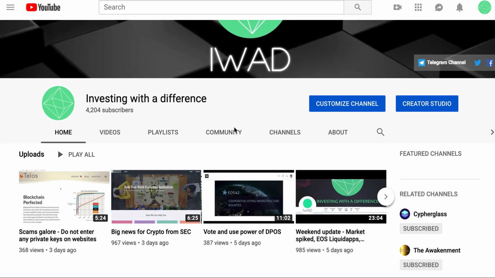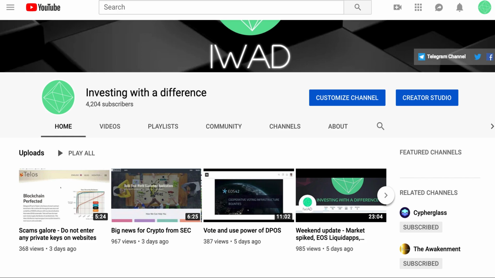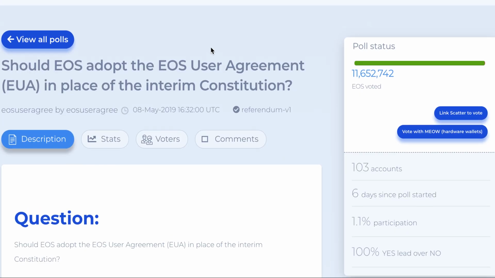So today we are going to look at one of the important referendums and key pieces of the governance in EOS. We are talking about the new EOS User Agreement document, designed by EOS New York, and they're proposing it to replace the interim constitution. As you know, the interim constitution was part of the EOS-IO first release, and it included a lot